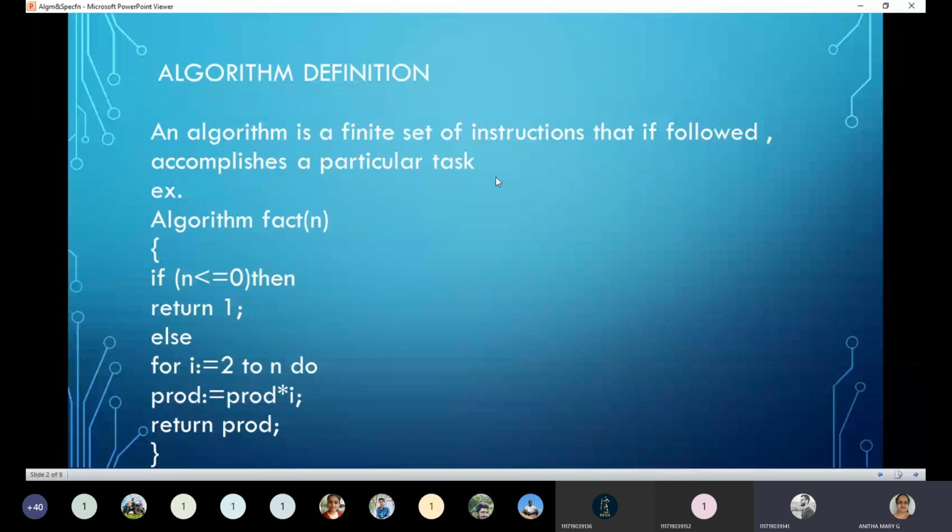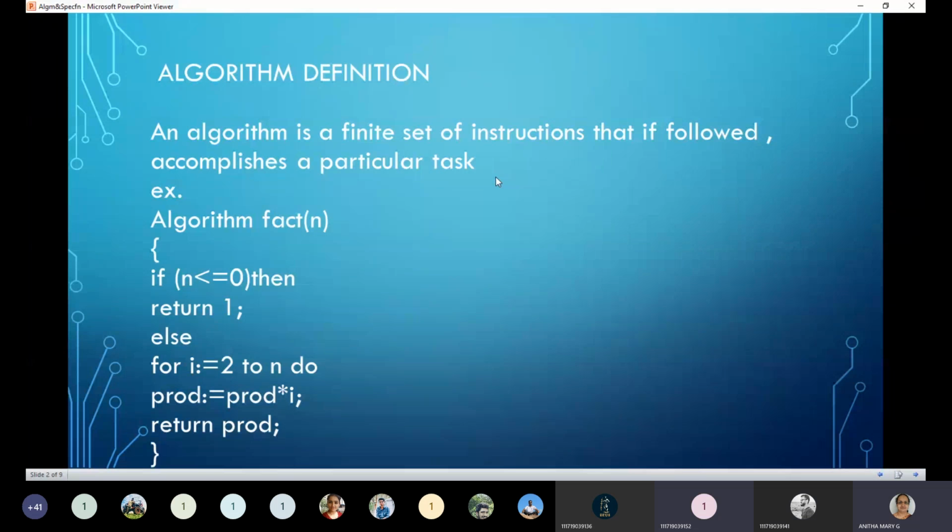Yes, ma'am. So now, can anyone repeat what is an algorithm definition? Finite set of instructions that if followed accomplishes a particular task. No, not reading from my slides, but I want you to say what you have understood.